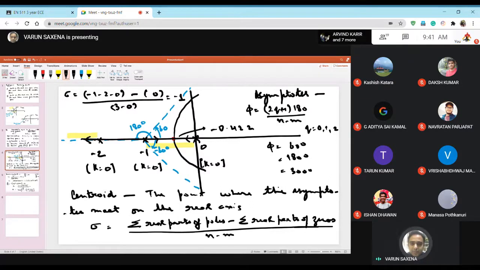The other part, one could argue, is why they are not moving like this. Somebody could say that they should probably move like this. But can anybody tell me why they're not moving like this in this case? You understand the question? I'm asking, why is it that the root locus is not moving like this from these points?